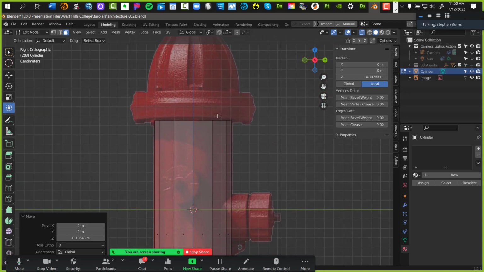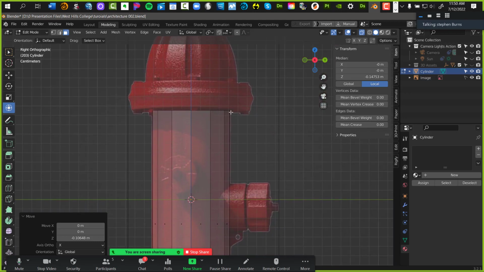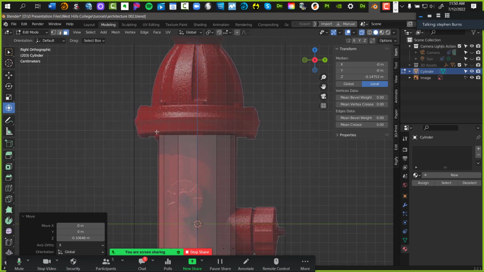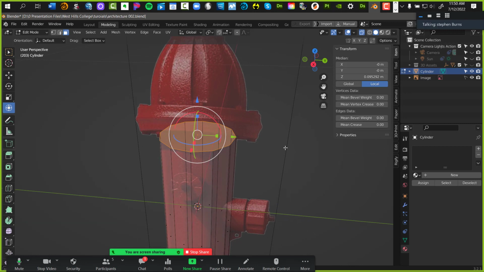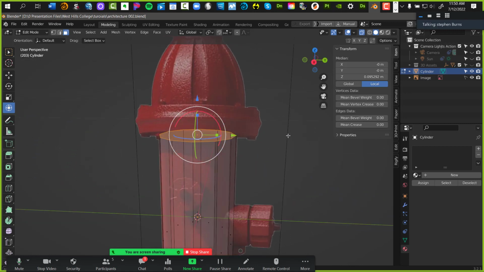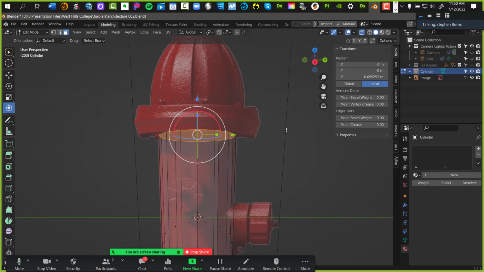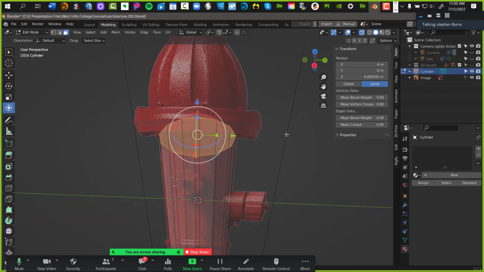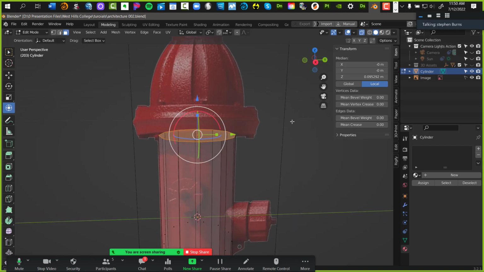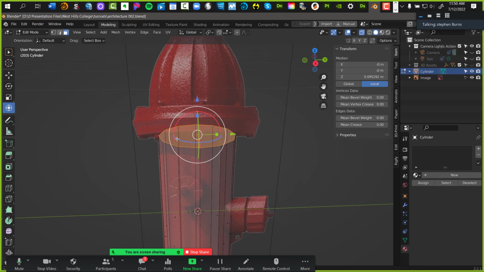So let's start by extending this out to create this base connector for the hat. To do so, I'm going to grab the face view at the top. So we get to that point. So grab this top face now. Face view, number 3 key on the keyboard. And you're welcome to rotate it out a little bit to see the top portion so that you can click and drag and select only that top portion like so.